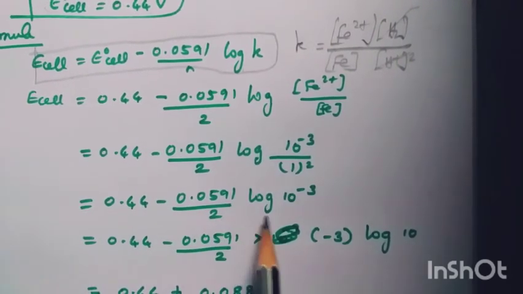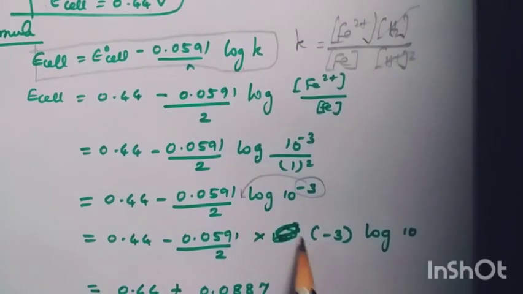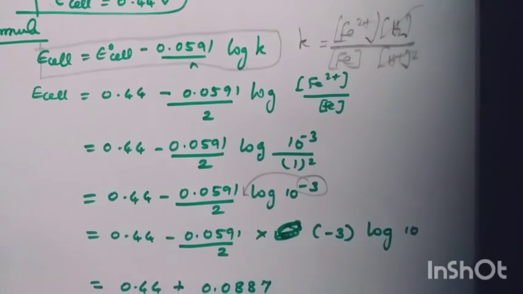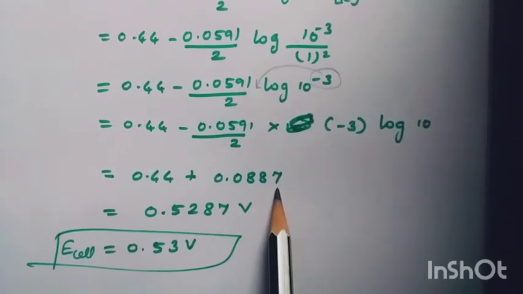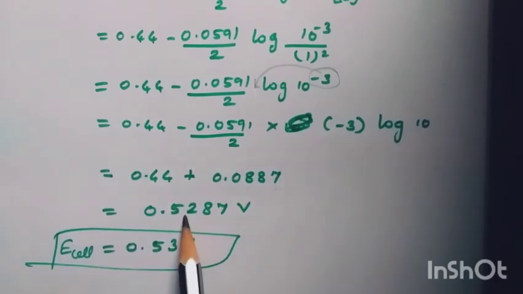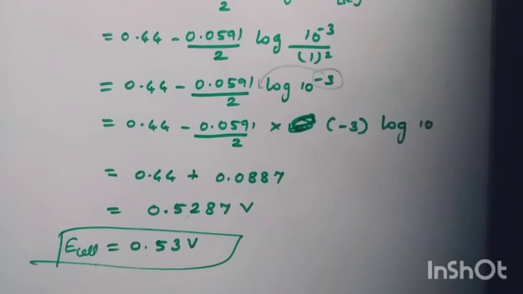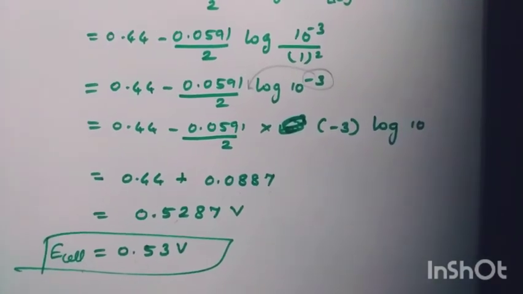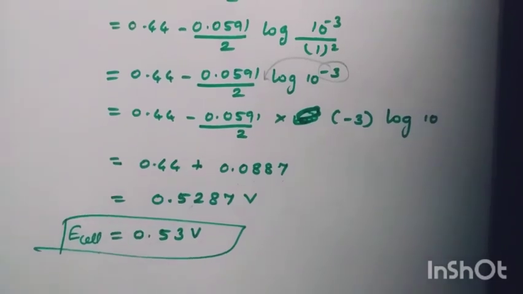So the E naught is 0.44 minus 0.0591 by 2 log 10 power minus 3. This power comes to this side, so 10 minus 3 into log 10. So 0.44 plus 0.0887. While adding these we get this, which is the EMF of the cell. So we can calculate the EMF of the cell. Today we finished